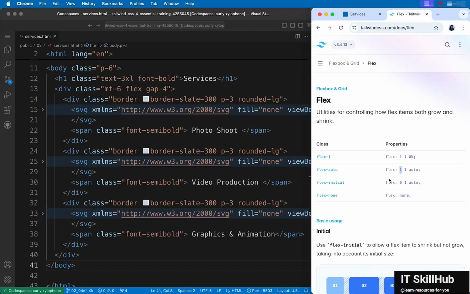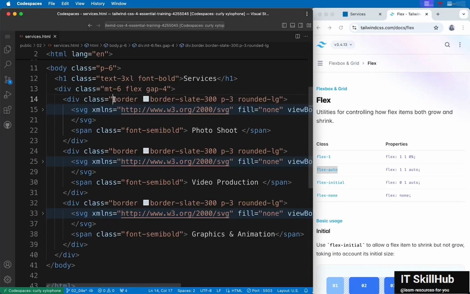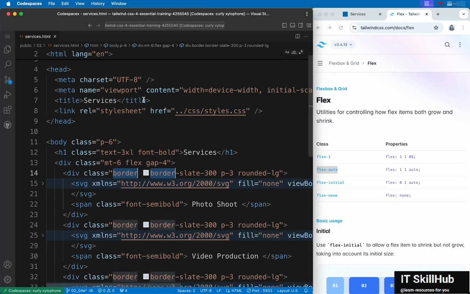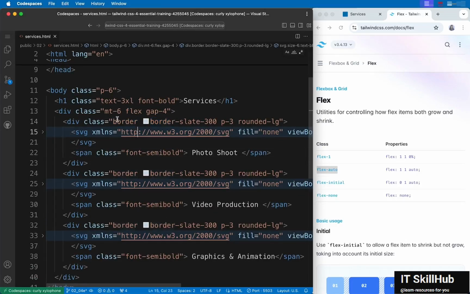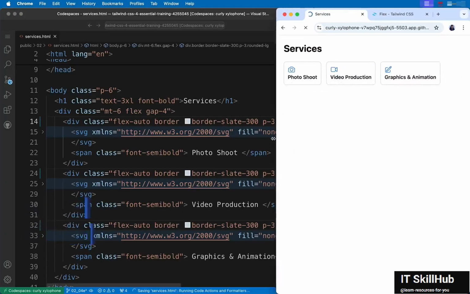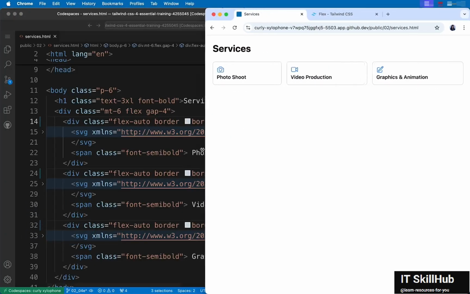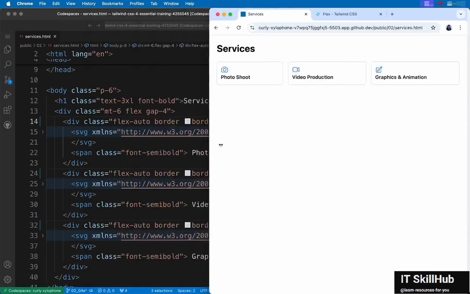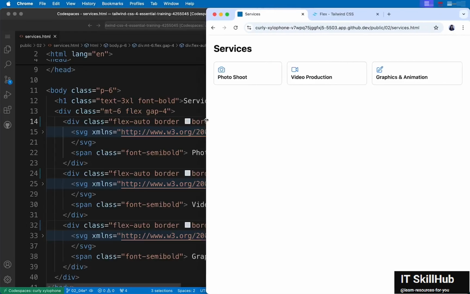If you want the items to grow as well, we can set flex auto to any of the flex items. Let me set this to all the 3 items. Notice that I'm setting the class to the items and not the flex container. That's what we did in the previous video. So let me select all these 3 and add flex auto. And let's look what happens here when we resize the browser. I'll have to refresh again. Yeah, now all the items occupy all the available space. So they're first set to their initial widths and the remaining space is distributed equally.